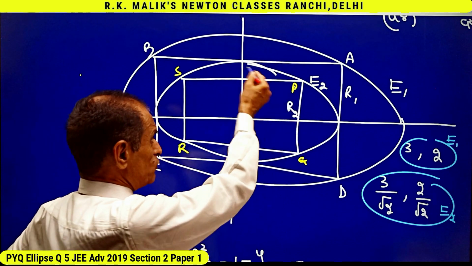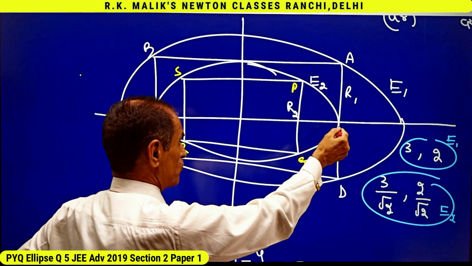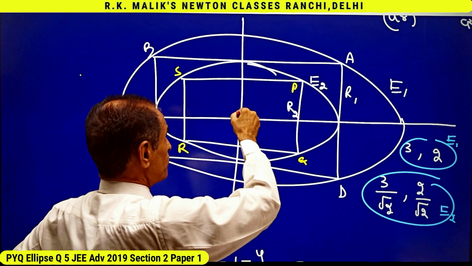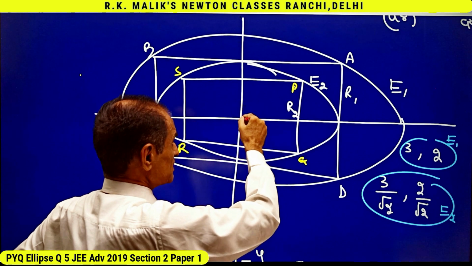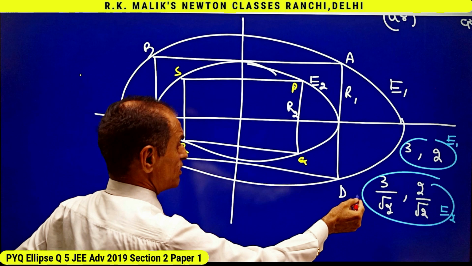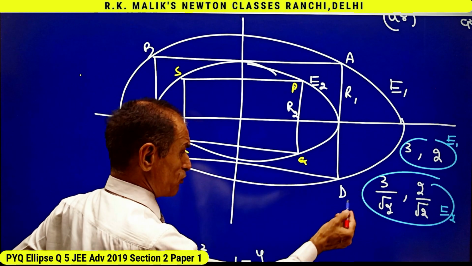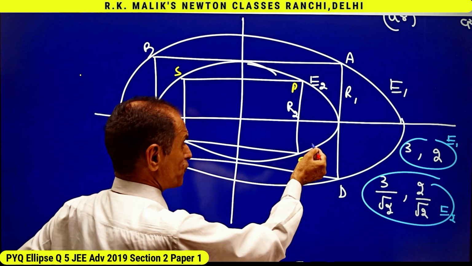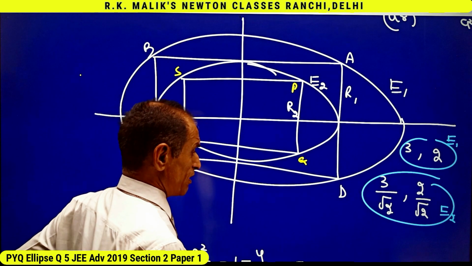And because for E2, the length of the semi-major axis had become 3 by root 2 and the length of the semi-minor axis had become 2 by root 2, that is, both have been divided by root 2, the same constant, therefore for ellipse E2, the eccentricity will remain the same,